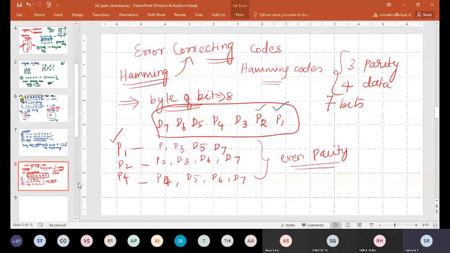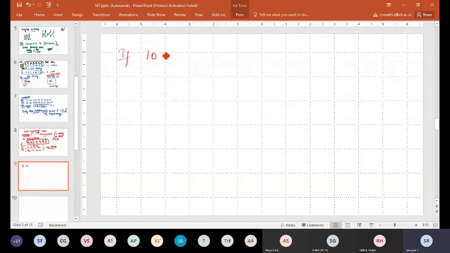So altogether he used 3 parity bits with 3 data bit combinations, and all are even parity. He used only even parity bits. And here, for example, if he needs to transmit 101011, that is to be transmitted.